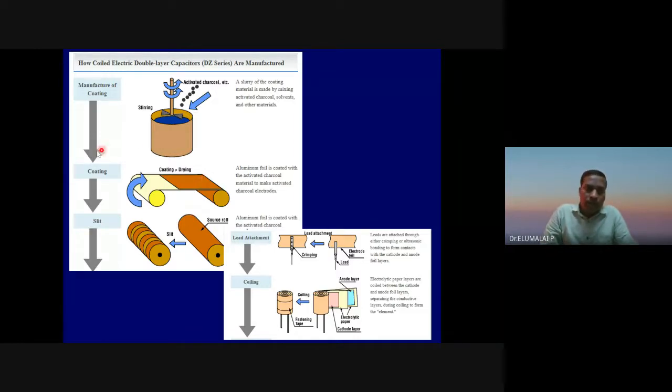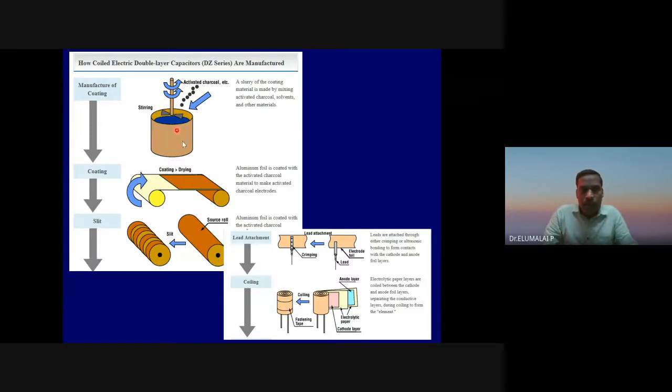The slurry preparation, up to coating, is the same. You make a material, make a slurry and apply it on the current collector. It may be a foil, aluminum foil or nickel foil, or carbon cloth or platinum foil, etc. It should have some specifications: very thin, so that resistance is less, affordable, corrosion resistance, conductivity, and stability in the electrolyte. All those are the features it should have.